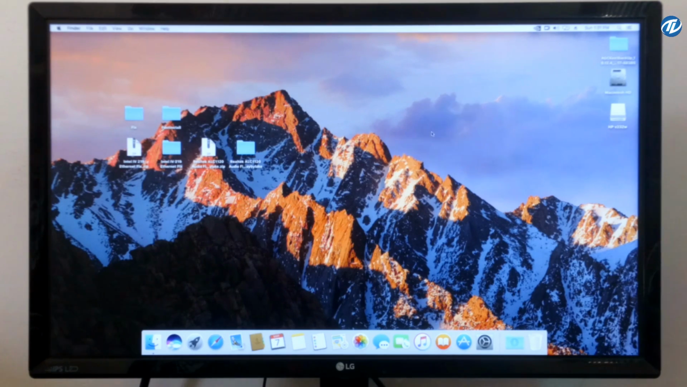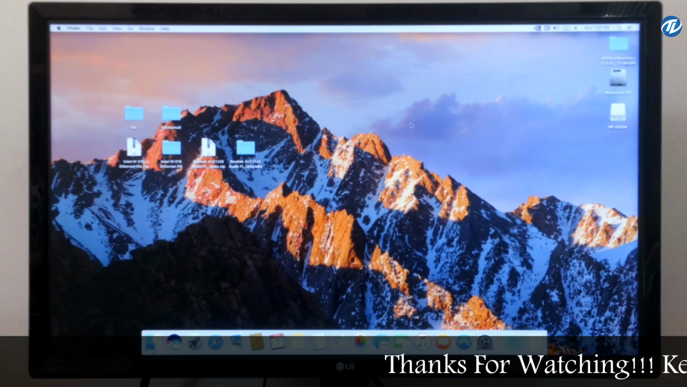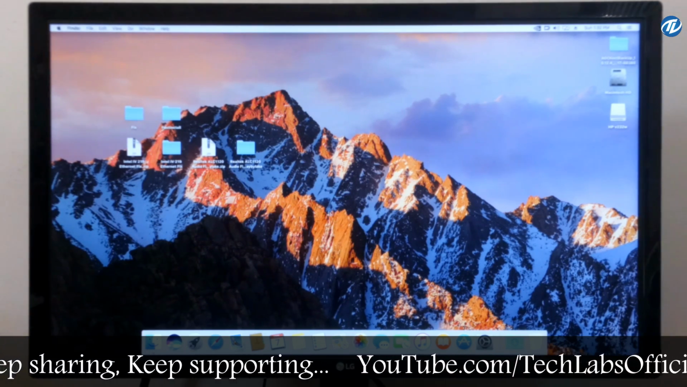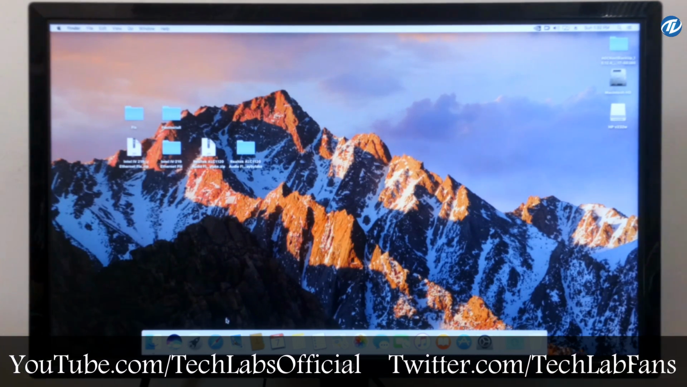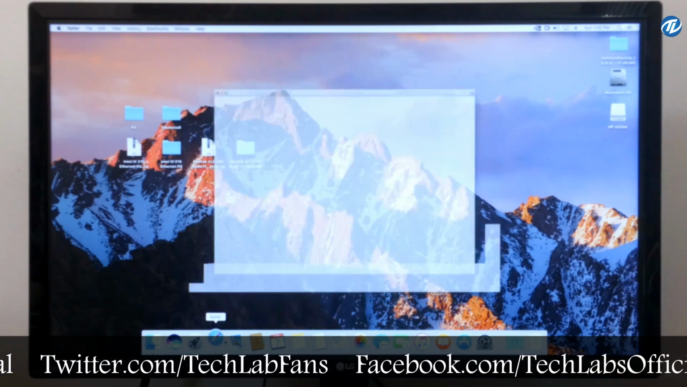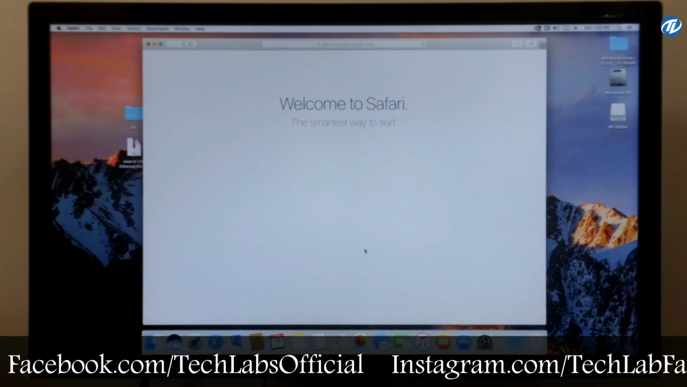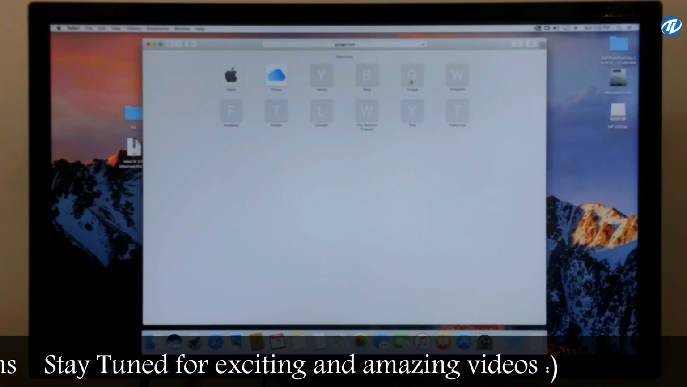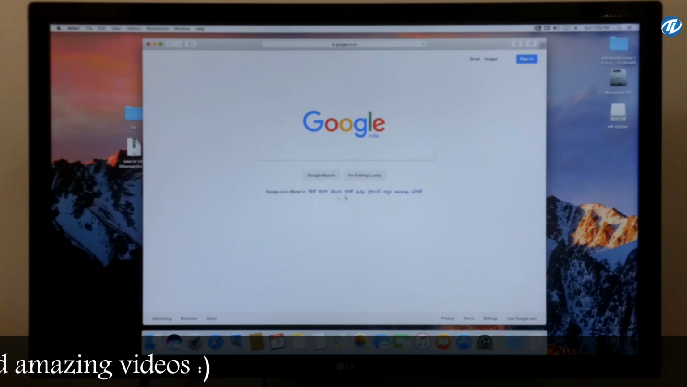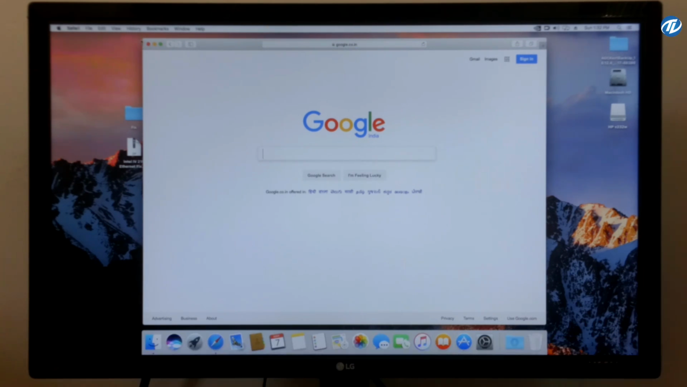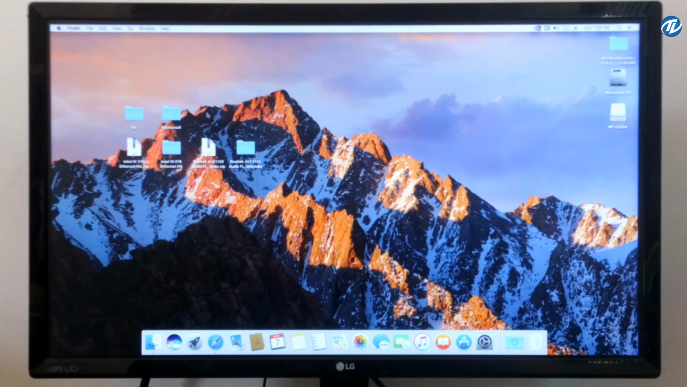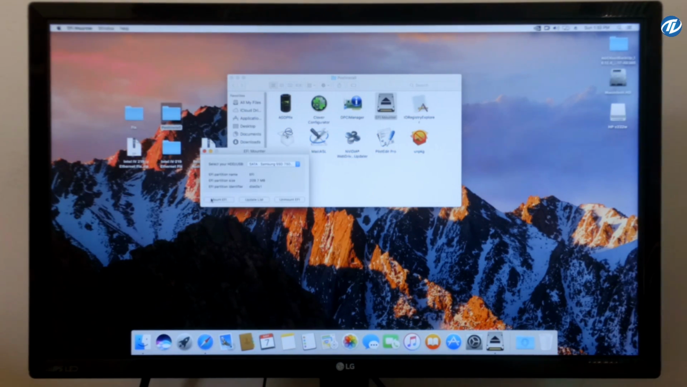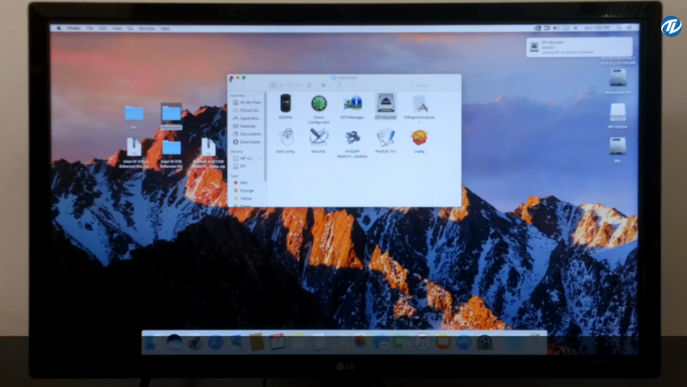Now to fix the Nvidia graphics issue, plug in your Ethernet cable. Now as this is the first Ethernet check, firstly we will check the Ethernet connection, that is whether it is working properly or not. So open Safari, open Google or any site you want, and now as you can see the Ethernet is working fine. So to fix the Nvidia graphics issue, open the post install folder and open EFI mounter, mount your EFI partition and